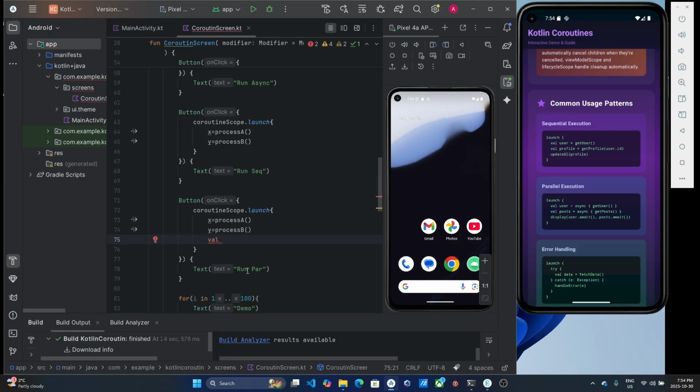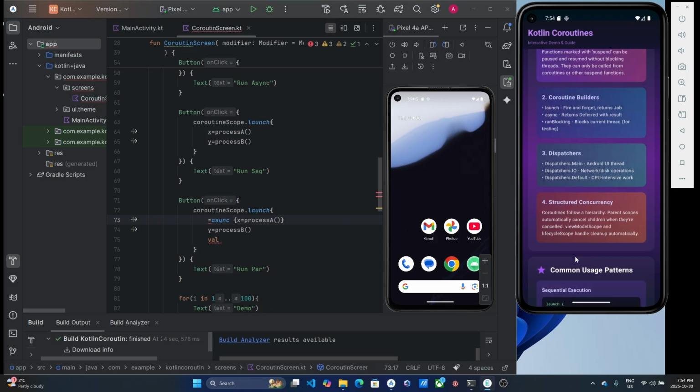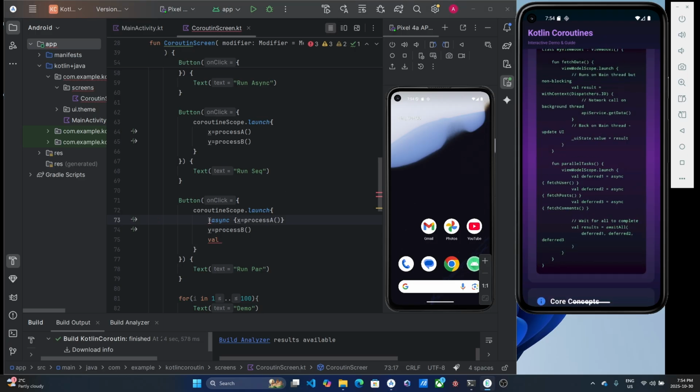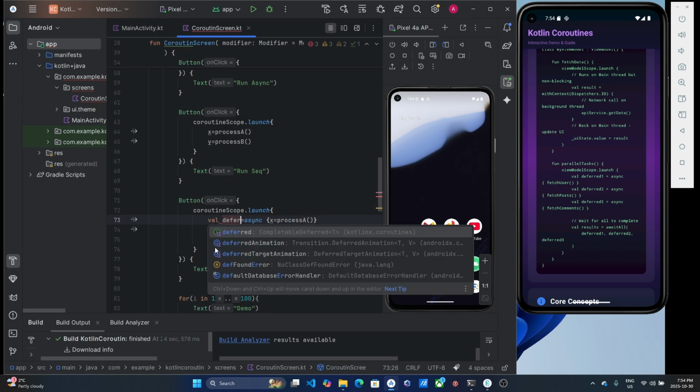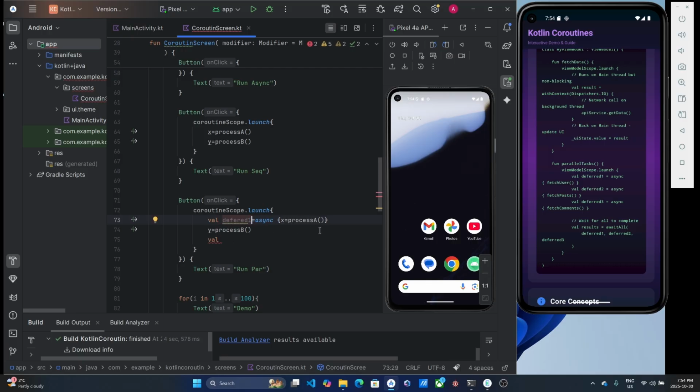We use the keyword async, and inside the code block, you say x equal to the result, right? It's deferred 1 equal to async x equal to process A, running process A, and the same thing for deferred 2, which will be y equal to process B. So in this way, use the keyword async,